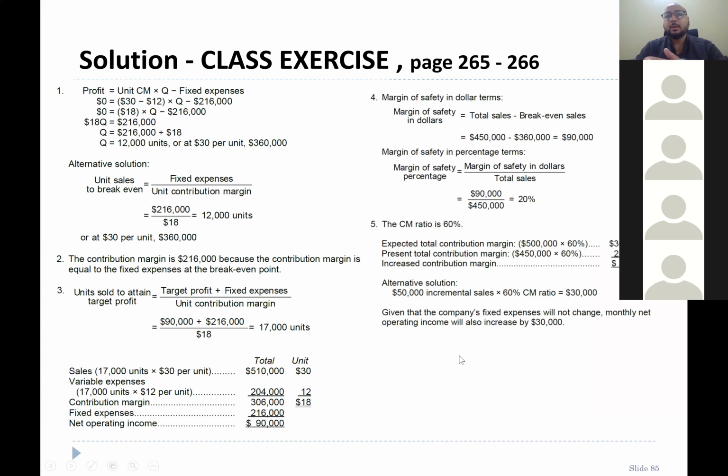So you see here, our break-even point in units is 12,000, and in number of dollars it is 360,000, right? I also gave you the alternative solution so you can use whatever you want. The contribution margin, this is the main point here. If you want to find out the break-even point, you see it is exactly equal to the fixed cost, because the definition of contribution margin is, after covering fixed cost, whatever is left goes to net operating income. But if nothing goes to net operating income, your CM is equal to your fixed cost,